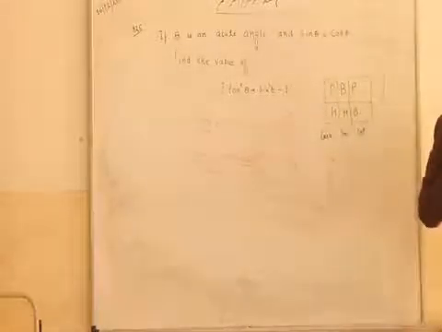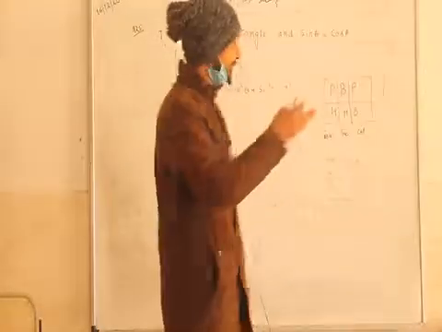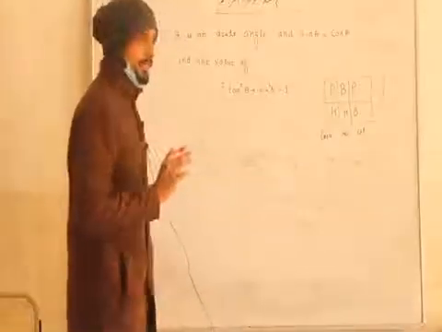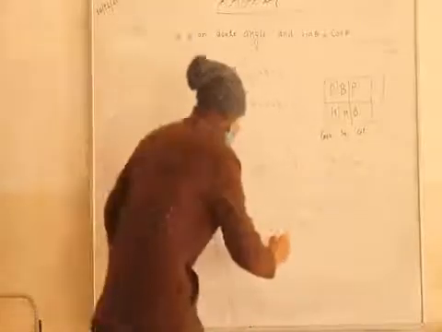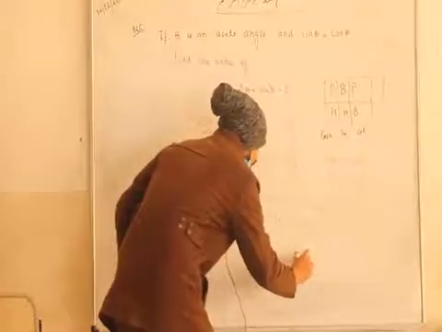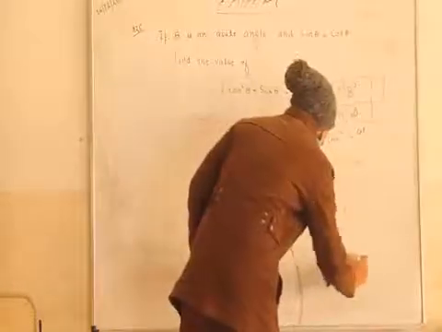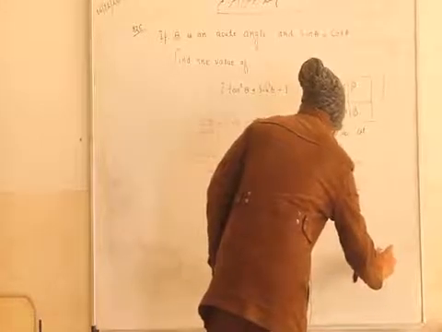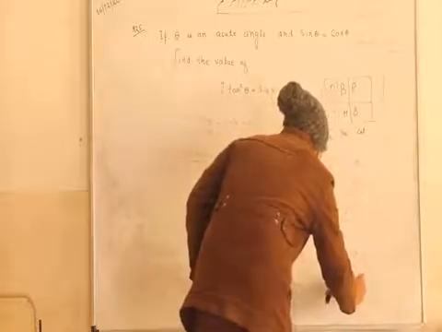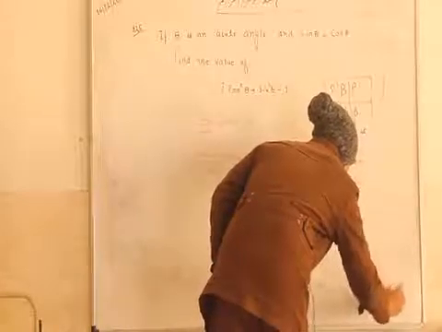Right? We are just putting the values of these standard theta. That thing you will learn in detail in your next chapter. Okay? Here only just write how we have found this according to 45 degree. Then you will learn 30, 60, 90, 0, all that. So now solve this: 2 plus this 1 by 2 minus 1. Take the LCM, this is 2. So this is 4 plus 1 minus 2. So 5 minus 2 by 2 is equal to 3 by 2. So this is the final answer.